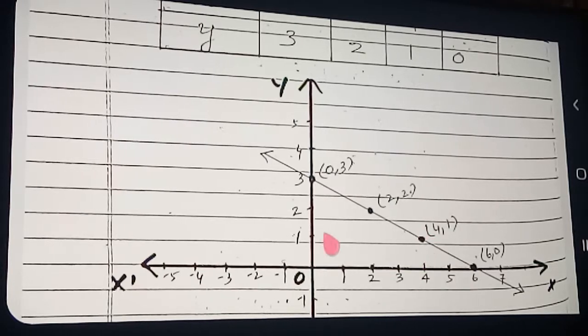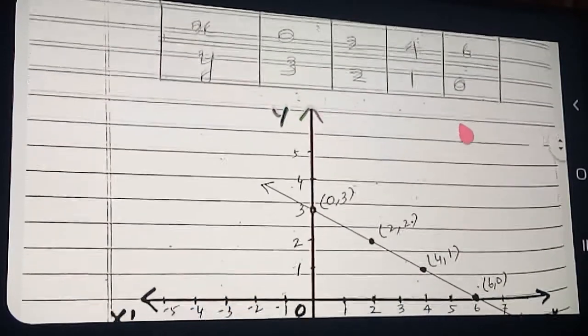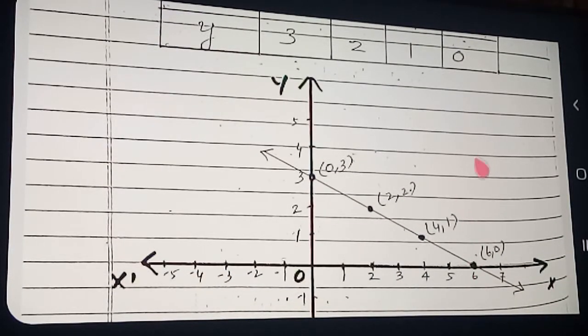Clear? X axis 4 and y axis corresponding, you keep the scale in this way, just now I showed, the same way keep. Okay, 4. And the next point you can see x 6, 0. See here, (6, 0) means the y coordinate is 0 now. The y coordinate is 0, so that point will lie on the x axis only. So we mark the point now. Now keep the scale properly in such a way that the scale touches all the 4 points.